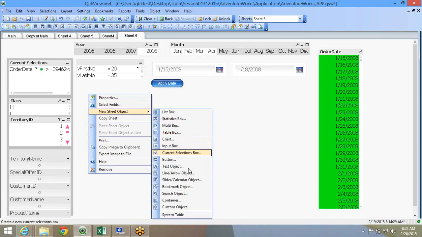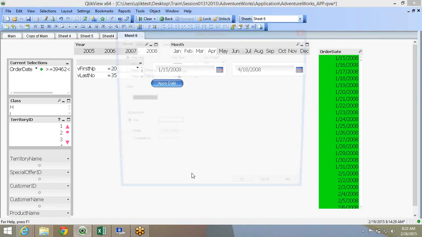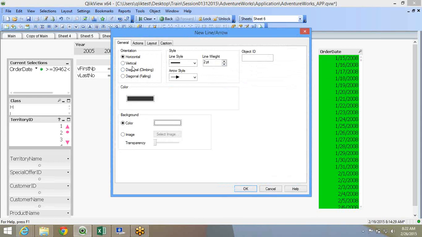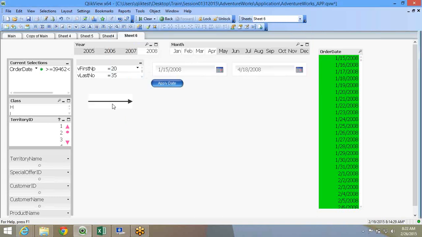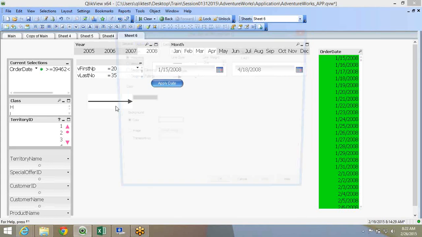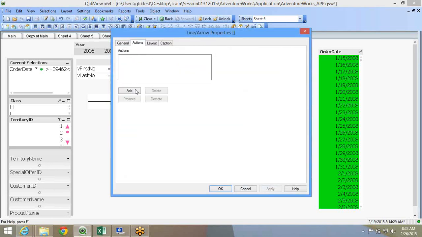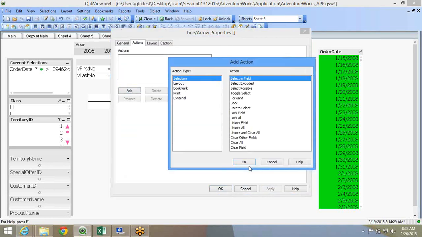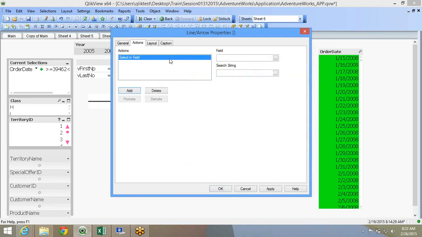So a couple of other objects that have this trigger are the line and arrow. Line and arrow is basically a kind of UI layout object with a trigger that you can use. So you can say horizontal, you can say arrow style, I mean basically arrow or line or whatever you want. Suppose you're using arrow, it gives you an arrow. Now you can set a trigger on this. So you can set an action. So when somebody selects the arrow, what to do?